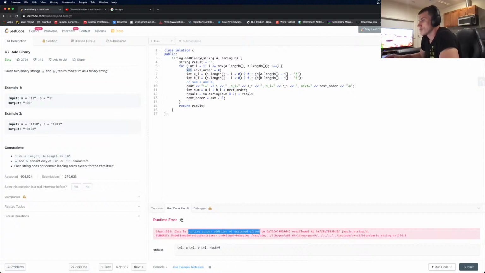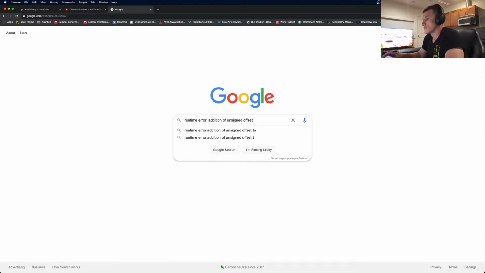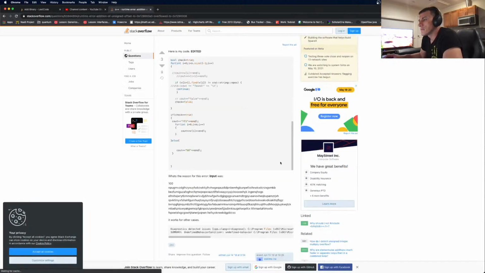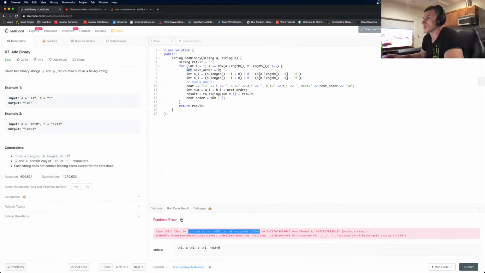Alright, let's Google it. I have no idea what the problem is. It's super weird. To index k minus 1 element of v, which is 0 minus 1 or minus 1. Alright, so now it makes sense. So it seems like the indices here